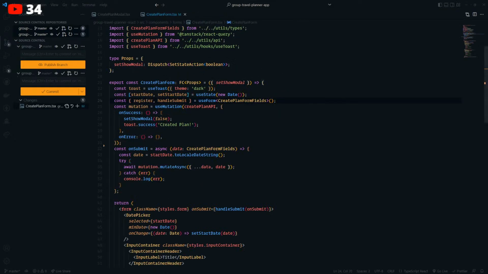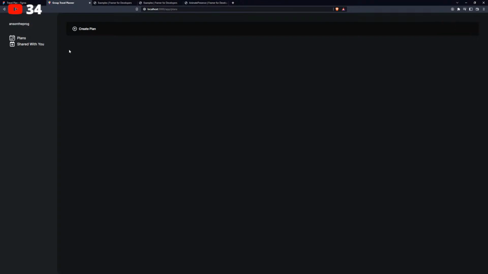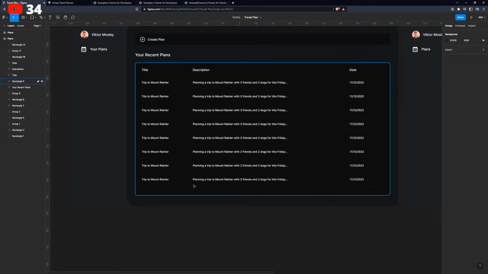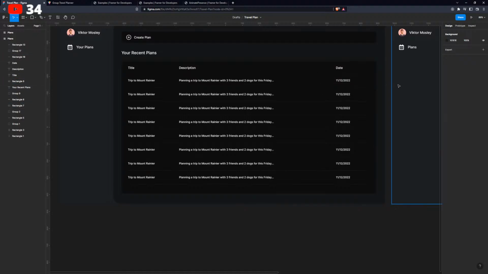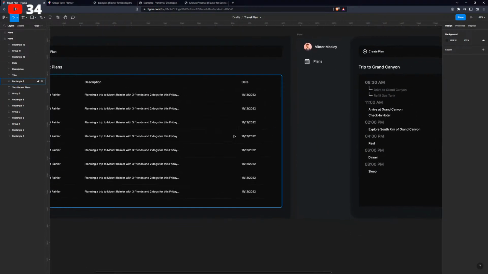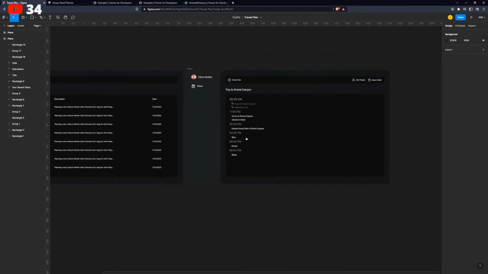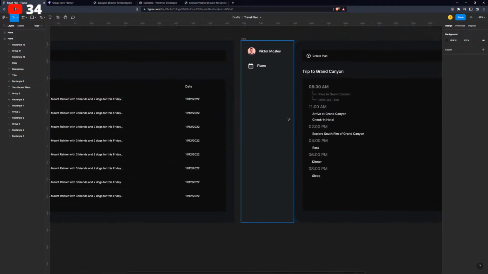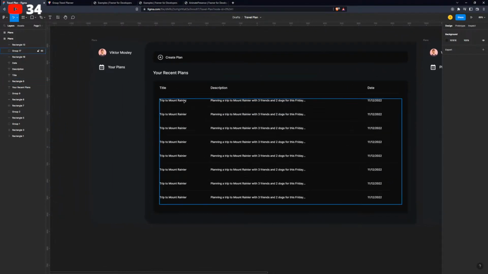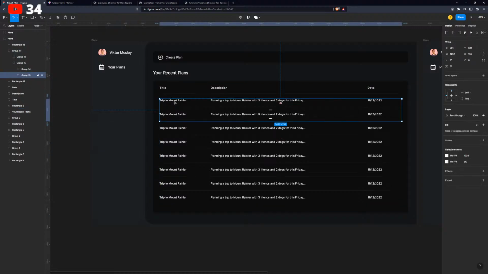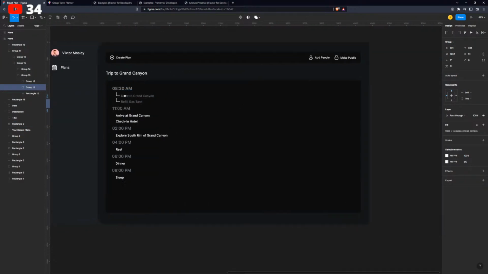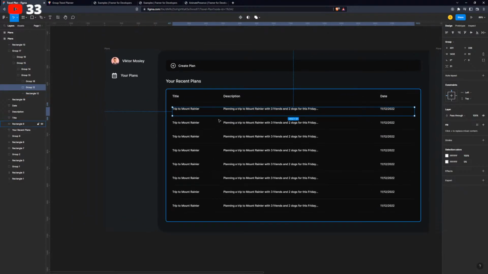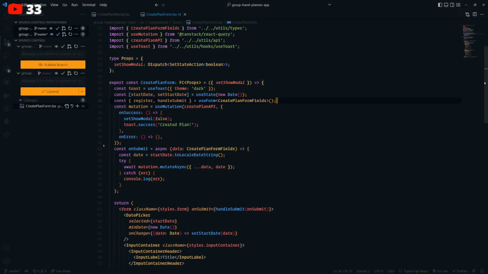Okay. So now all we need to do is render all of the plans in the table. And for this, pagination will be so much easier, and you'll see how we'll do that later. I don't know how we will display all the events though. That's going to be a little bit tricky. But what we want to do is allow the users to create a plan, and then we want them to create events. So they're going to be able to see this, and we also want to make it so that we navigate them to the correct plan.